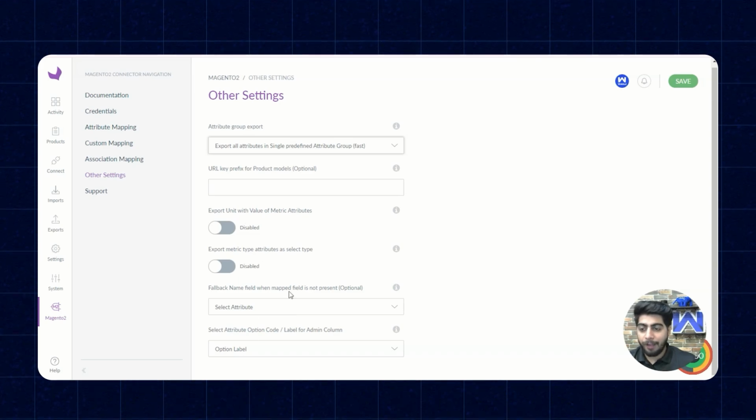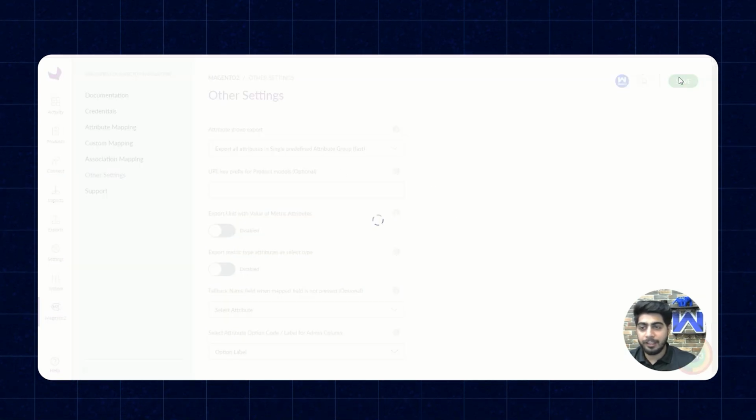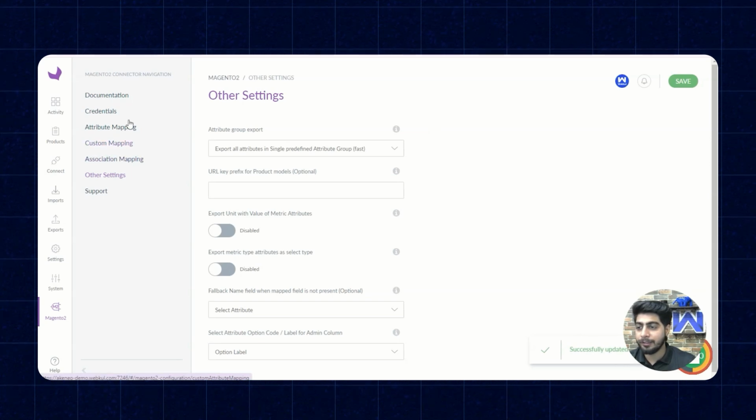And then we have the option to select the fallback name when mapped field is not present. This is optional. And next up we have the select attribute option code or the label for admin column that we have selected as option label. By enabling all these details, we click on save, and then we have the option to create the product as